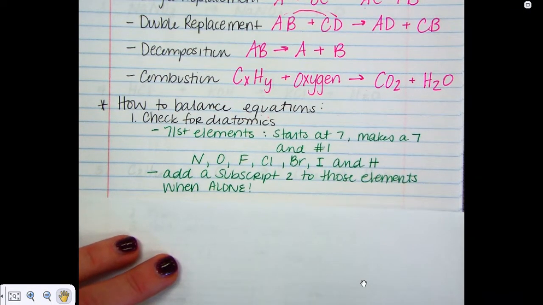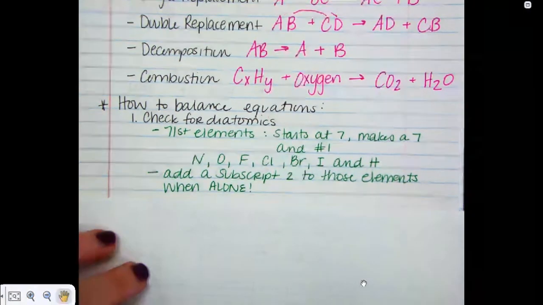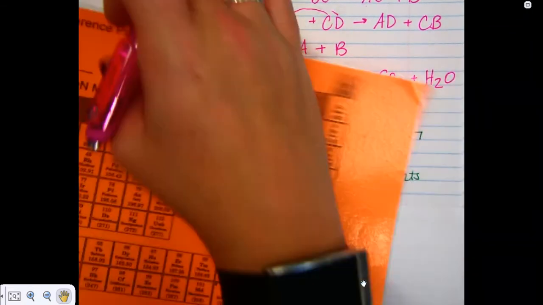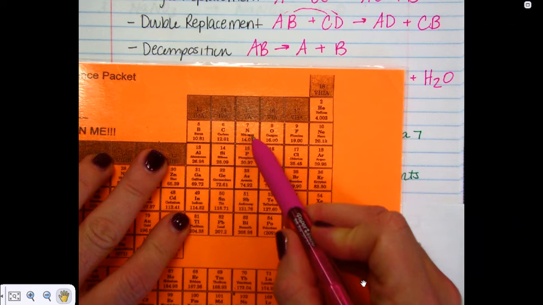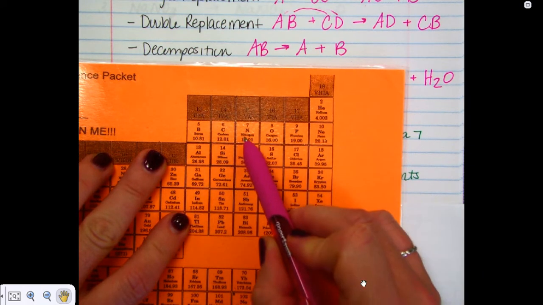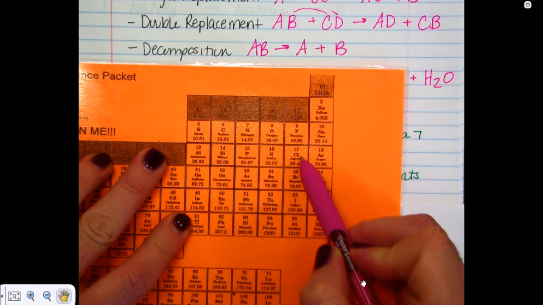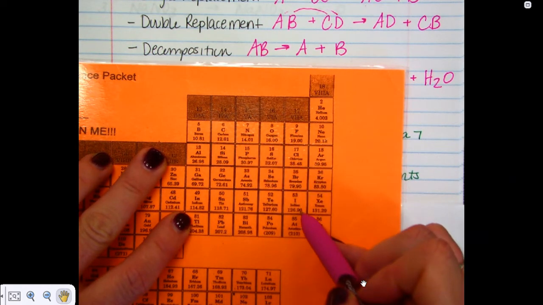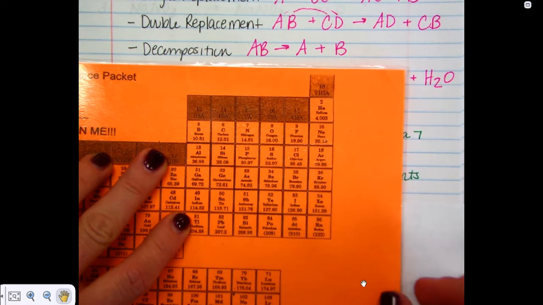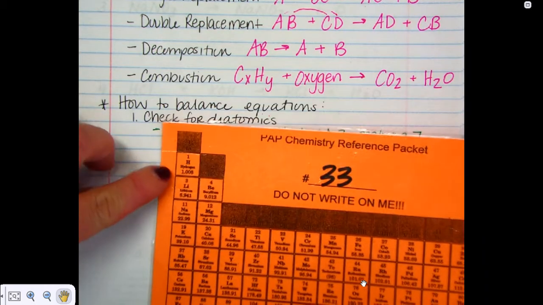And so we call these the 7 elements. If you look at the periodic table, they start at element number 7, which is nitrogen, and they form the shape of a number 7. So nitrogen, oxygen, fluorine, chlorine, bromine, and iodine. Do you see the 7, the shape? So the 7 elements are those elements that form the shape of the 7, and then the first element,